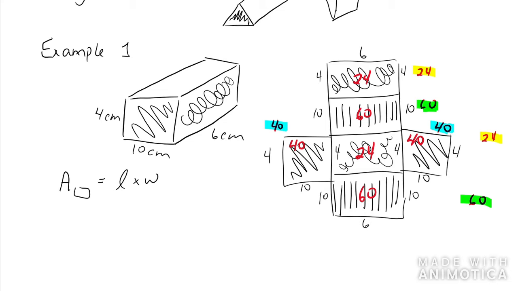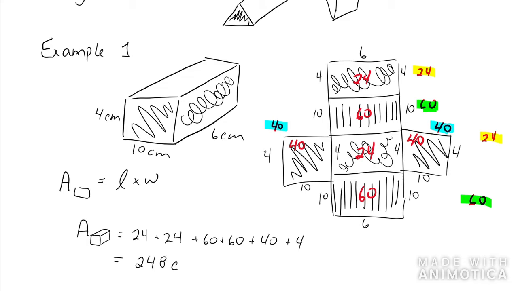Well, to figure out the surface area, we have to add all these together. So 24 plus 24 plus 60 plus 60 plus 40 plus 40, which will give us